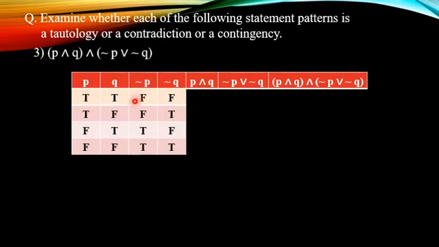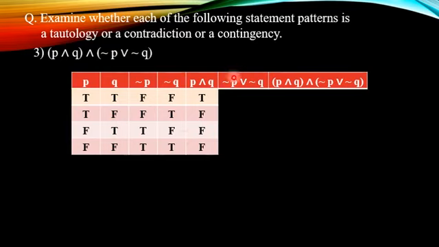As there are two prime components, there are 4 different possibilities or combinations, and those combinations are 2 times T, 2 times F, and in Q we write TF, TF alternately. Then we find negation P and negation Q. Okay, so in negation P, negation T is false, negation T is false, negation F is true, negation F is true, and in negation Q, negation T is false, negation F is true, negation T is false, negation F is true. Then we find P and Q. Here both P and Q are true, so T and T true, T F false, F T false, F F false.